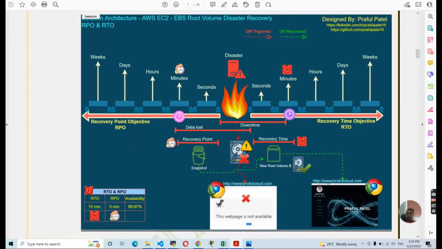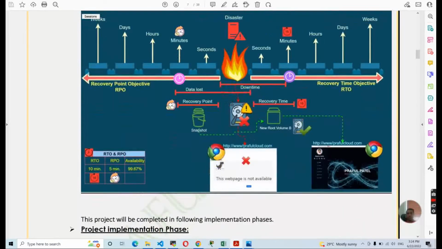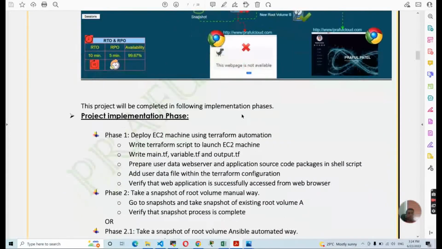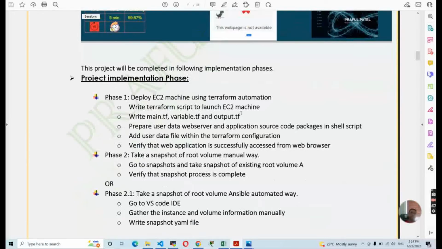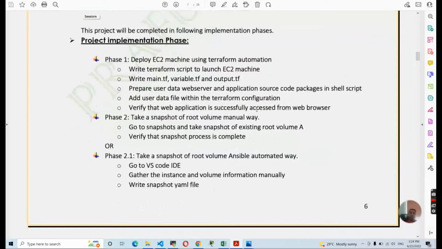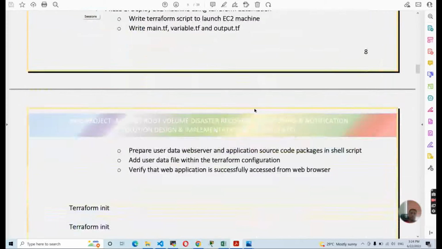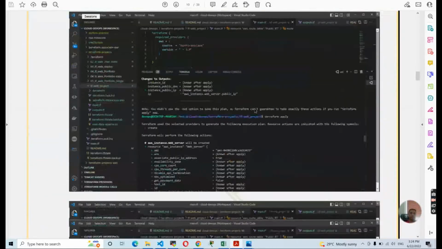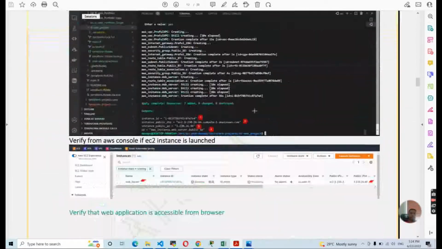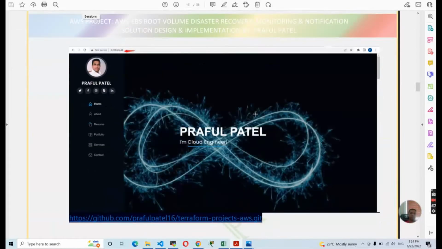Okay, I will show you that hands-on right after this discussion. Okay, so this is the entire documentation. I have created everything phase by phase, so you can implement it yourself as well. I have tried to put everything in a sequential manner. Okay,